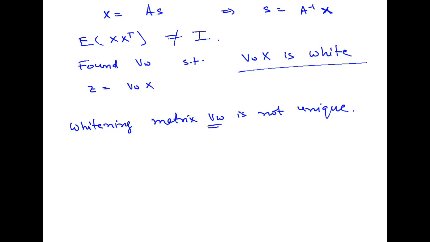So we have shown you one method of finding the whitening matrix, through PCA or through SVD. But this is not the only method. You can find other ways to get a whitening matrix. Can somebody show this? Let's say I construct Z prime equal to U times Z, where U is orthonormal.